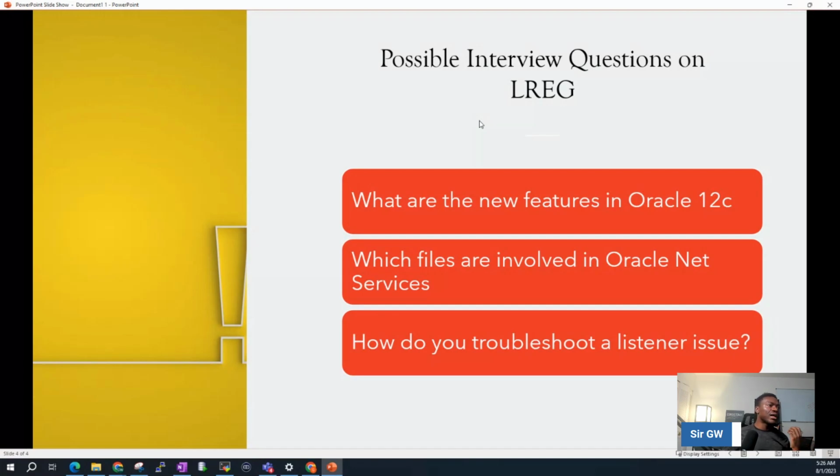the sqlnet.ora file. Also an opportunity for you to talk about the listener registration process and captivate the attention of your interviewer. Also, the last thing is, how do you troubleshoot a listener issue? When you are asked how you troubleshoot a listener issue, you might take it in the direction of making sure you know what the listener is, and also how the PMON is no longer performing the registration of the listener. It has been replaced starting from 12c, 18c, 19c, 21c, 23c by the listener registration LREG background